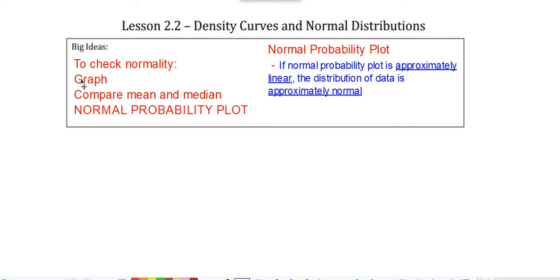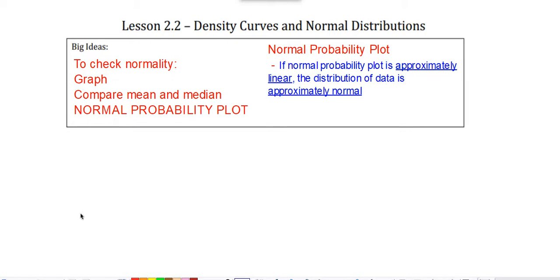But then we kind of said, oh, it's not enough, right? It's not enough because the mean and the median are so close to each other that we could say they're equal. And the graph looked skewed left, but it also looked approximately normal. But by doing a normal probability plot, it would tell you if the distribution is normal or not.